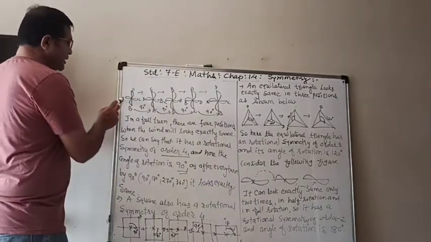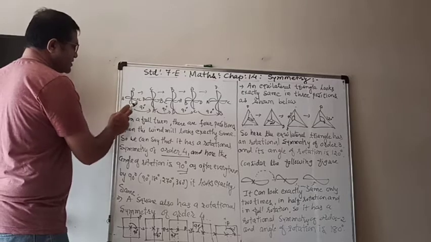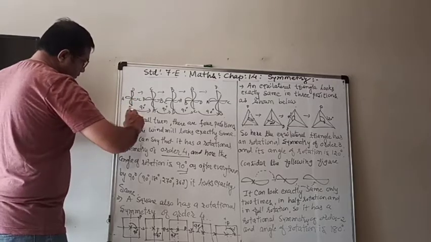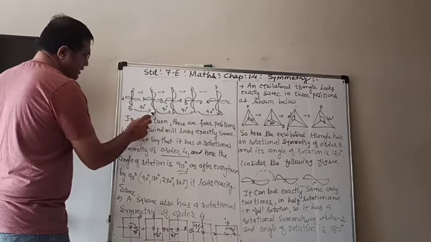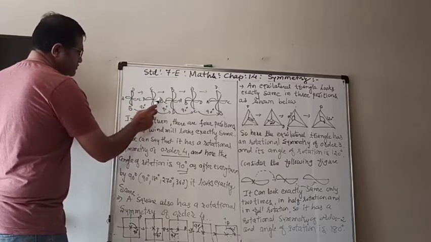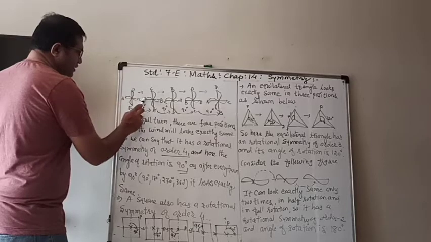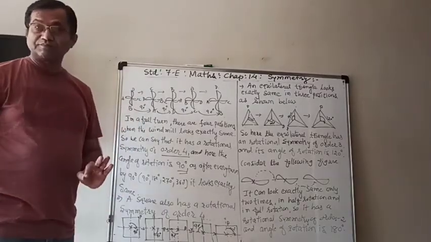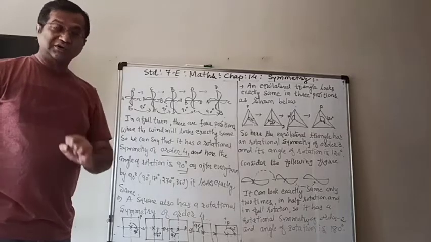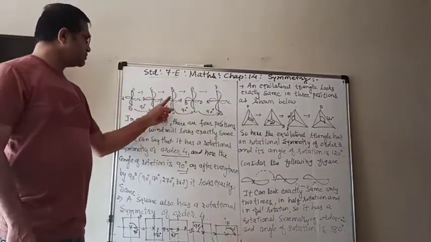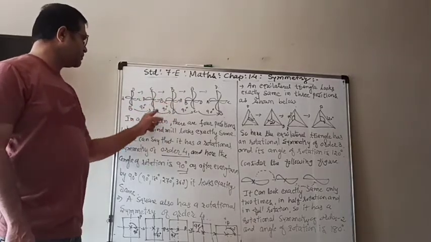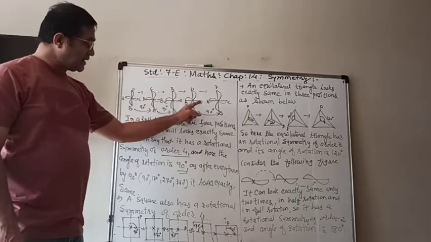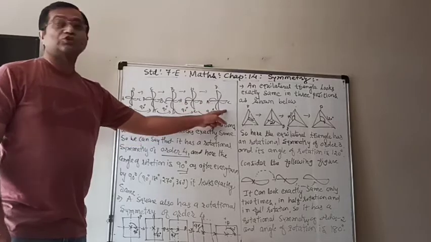Look here. Here the position is A, B, C, D like that. Now I take one turn of 90 degrees. Then A will come here, B will go here, C will go that one and D will come here. But it looks exactly the same. So one quarter rotation, another 90 degrees. Then the position of A, B, C, D changes again. And in the last rotation, it comes back to its original position.